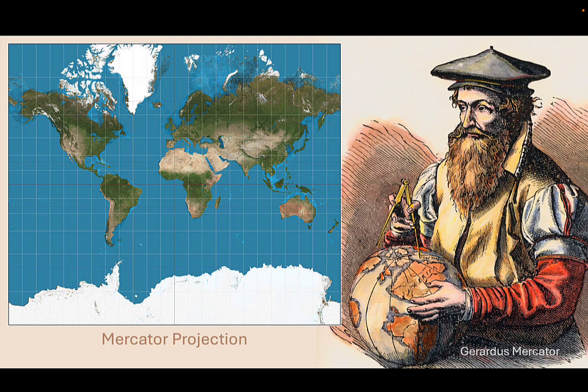This leads people to overestimate the size of regions like Europe and North America, and to underestimate the size of equatorial regions like Africa. More importantly, such misconceptions can subtly influence how individuals perceive the importance or prominence of different regions around the world. During the colonial era, the Mercator projection was the standard map used in many Western countries.